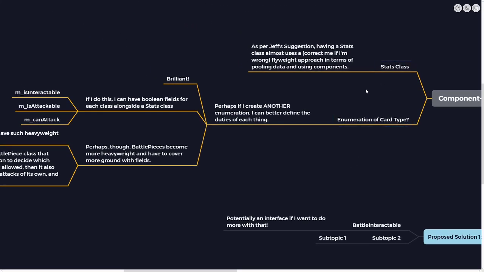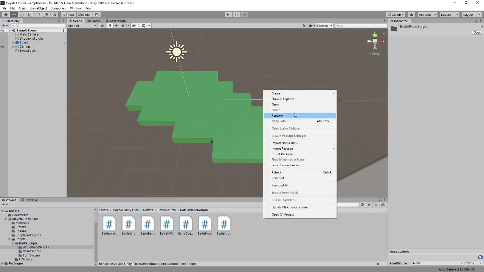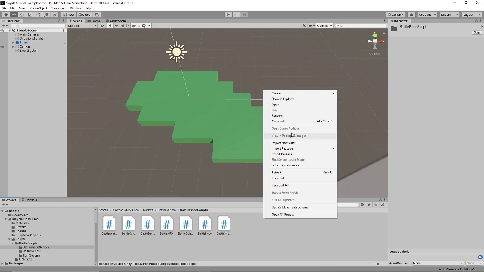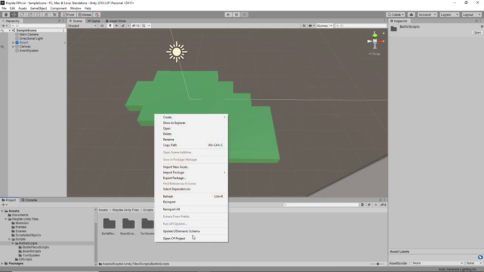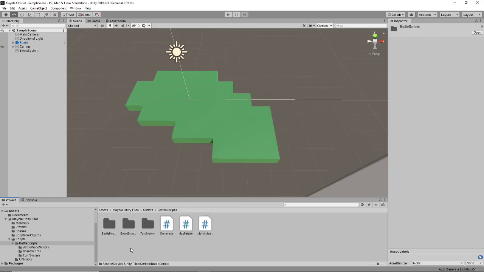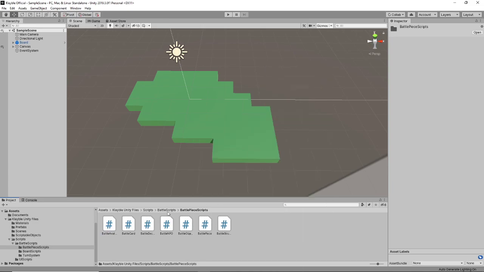The stats class is definitely in order. So I'm going to make a stats class. Yeah, BattlePiece scripts. Battle script. This is a high level. Well, it's only relevant to battle pieces. So we'll, no, it's higher level than that. Because,